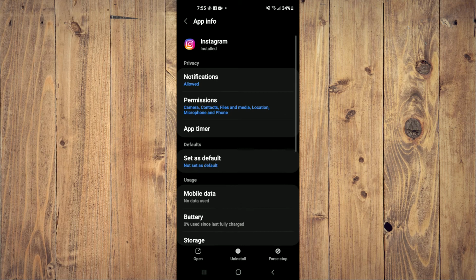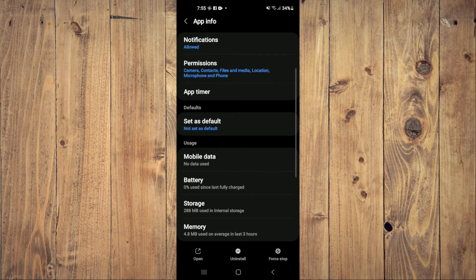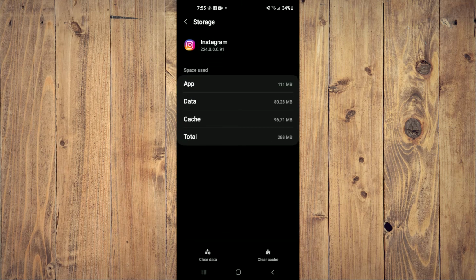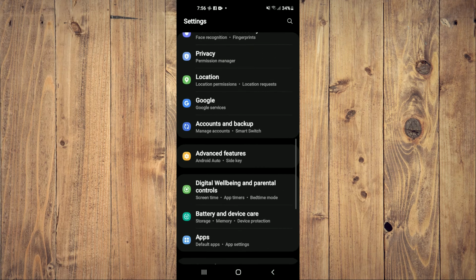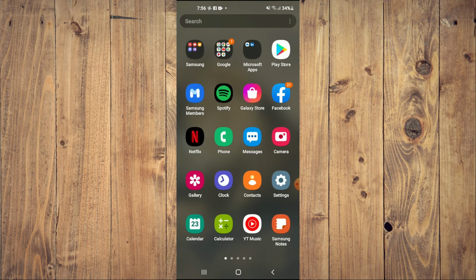After you have found Instagram, you're going to select storage. And you want to clear data and clear cache. And after you have done that, you will restart your device. And after you have restarted your device, you will go into Instagram and more than likely the problem will be